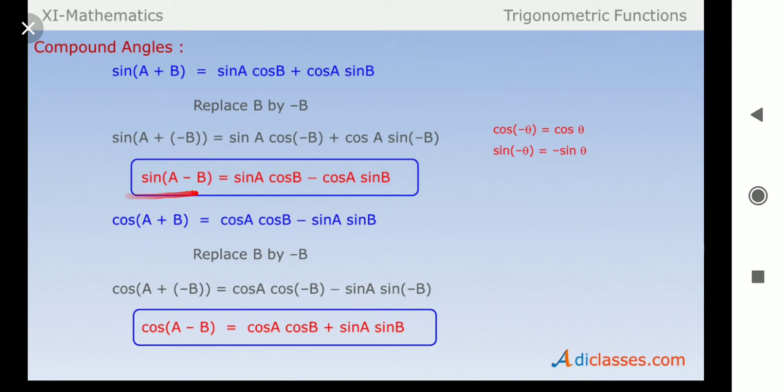Here cos(-B) and cos B are the same thing. I have already discussed this matter. So in place of cos(-B), we will write cos B only. But from sin(-B), the minus comes out, and here the minus will come. So we get this one. Okay, so this is sin(A+B) and this one is sin(A-B). The only difference between the two is that here there is plus plus, here is minus minus, and everything else is the same.